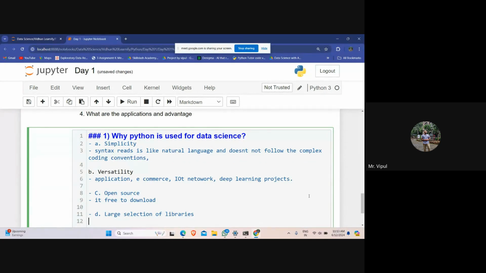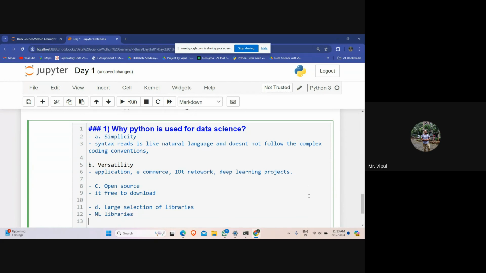There are n number of ML libraries and AI libraries that we use for machine learning and AI purposes, which makes our task very easy.